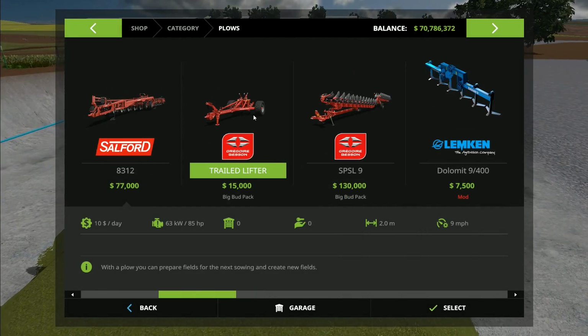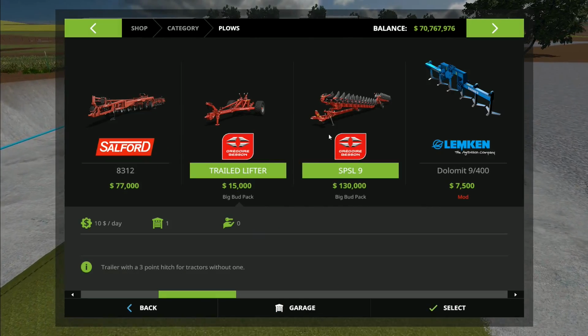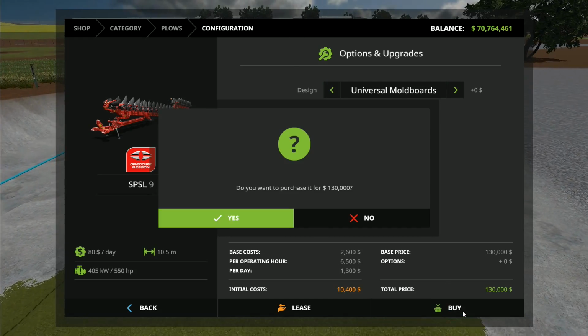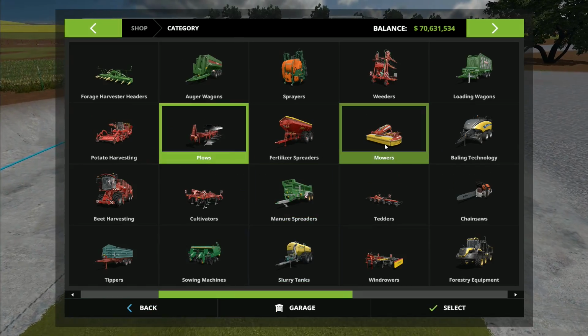Now then, I think that we want the trailed lifter, because I really like the trailed lifter. Okay, and we come back out of there, and we get this one, because I really like this one. Universal or slatted. We'll go for universal. And we'll buy that one as well. Okay, and we're back out of there. And,